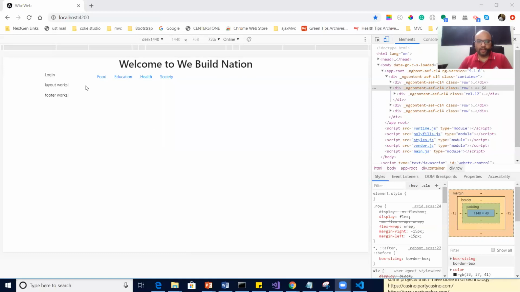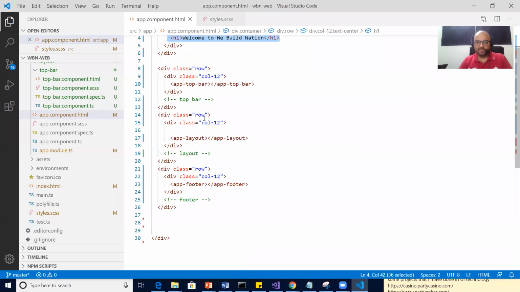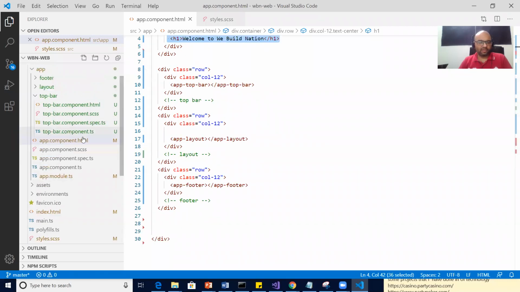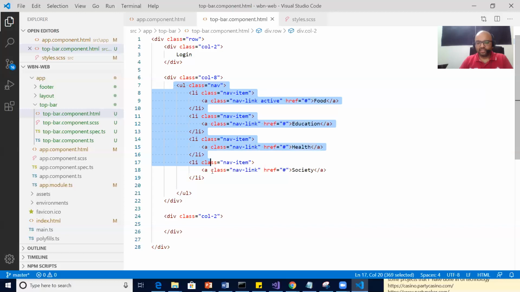Let's move ahead. Okay, so login section, then food, education, health, society, and then in the last, we can have the same links.